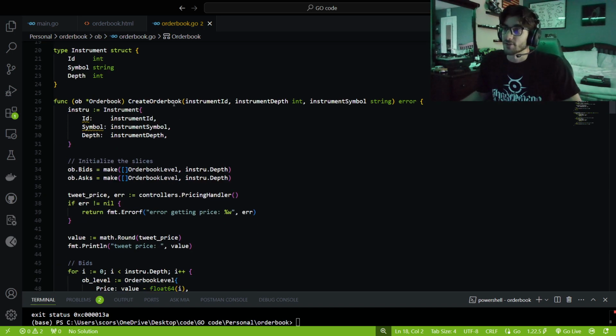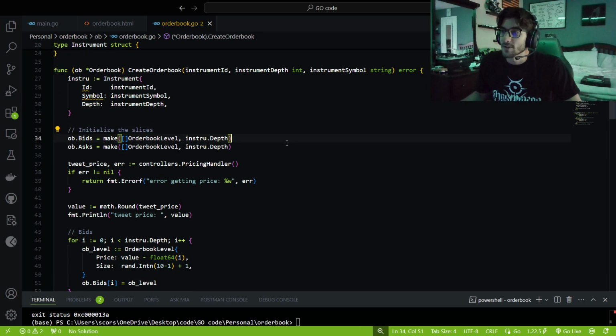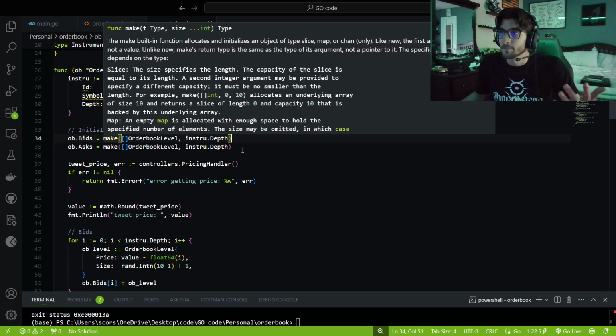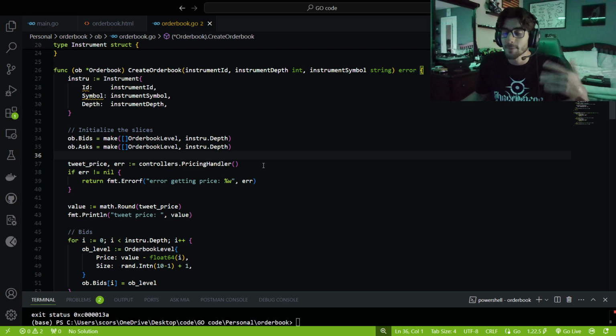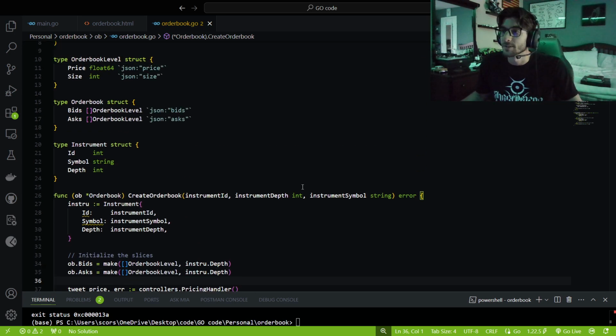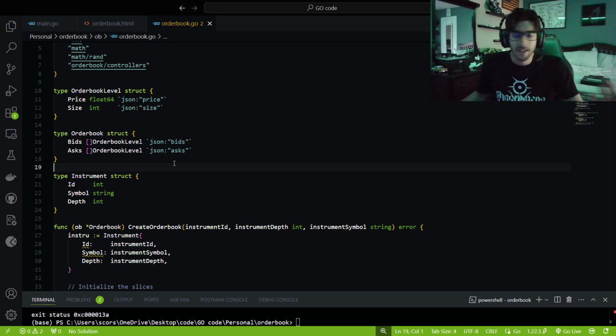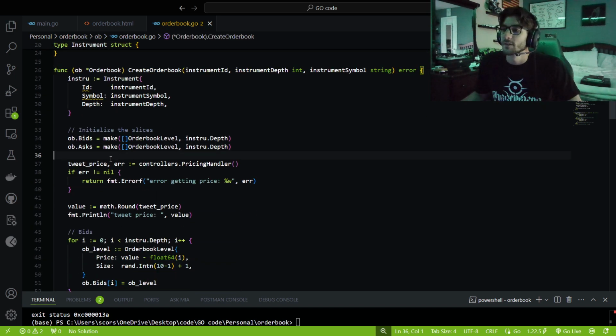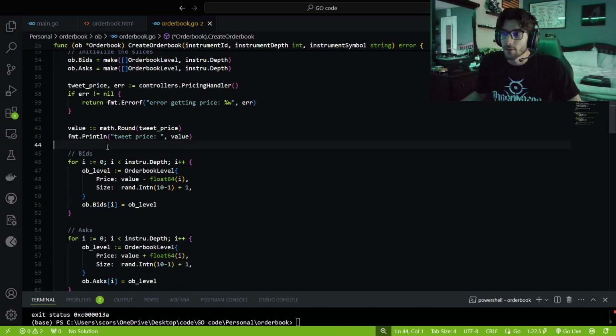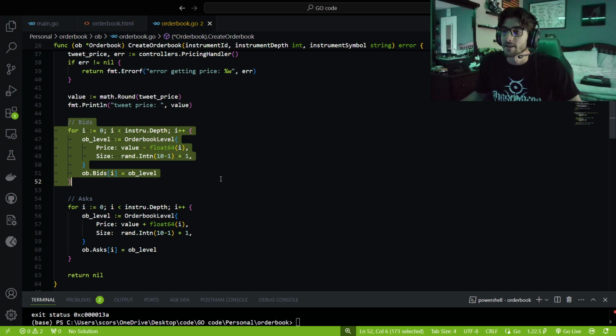So now when we actually have to create our order book, we have to make an instrument from all the information that we got, initialize our slices, think about it like making our maps. I think it's a little bit different because we're using slices. We're doing it like this, but you get what I mean. Get our tweet price, round it, and then just populate our order book levels, right?